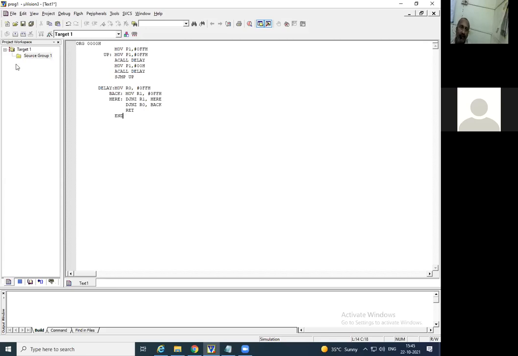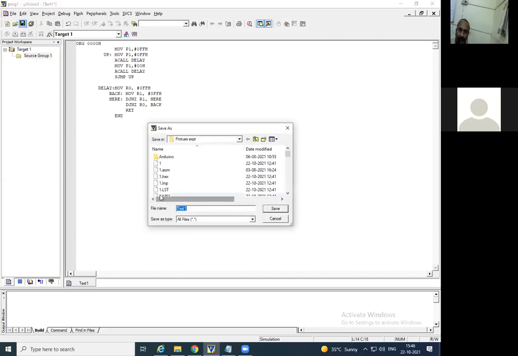After this we have to add this code, or this particular file, to the target or the project. Project and file are two different entities. We have created the project first, and now we have written this particular code in a file. So we have to save this file with a name. So again I will write the